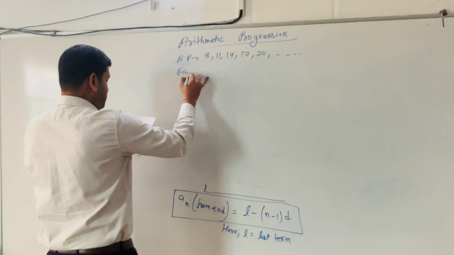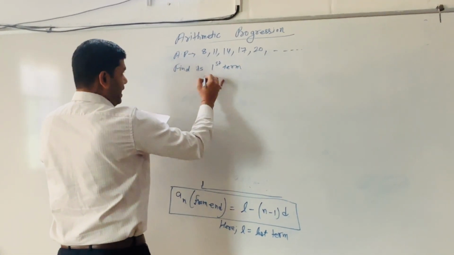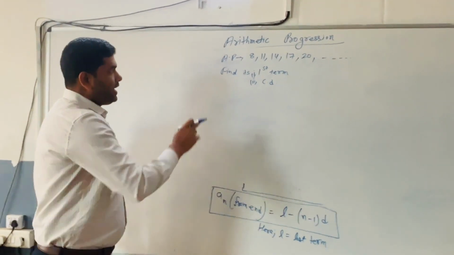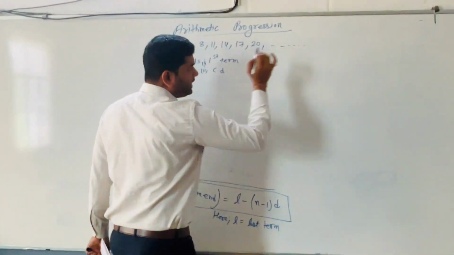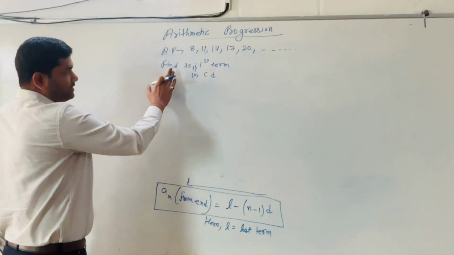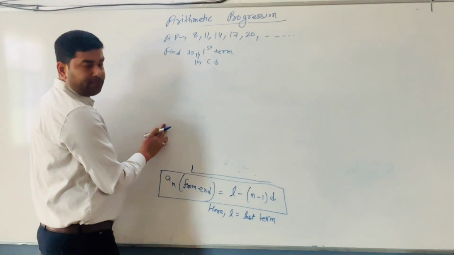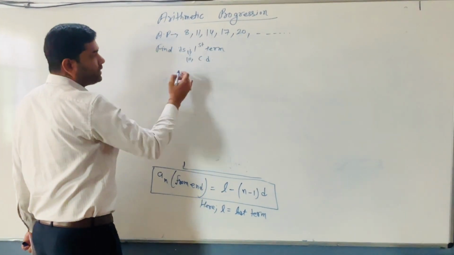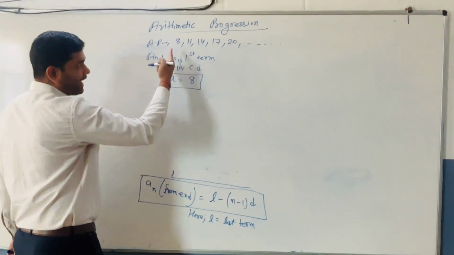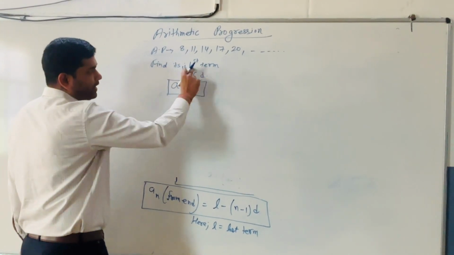We have to find its first term, and the second part is the common difference. This is the question. Is this a finite AP or an infinite AP? This is an infinite AP, because the last term we don't know. So the question has asked that we have to find the first term and the common difference. Very easily we can use the concept that in this given AP the first term is a, as the position of the term is first. So the very first term in the given AP is a. That is called the first term.